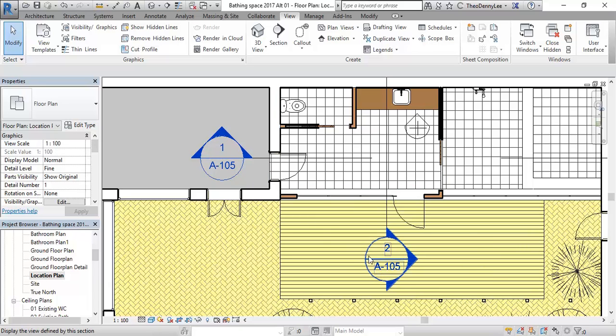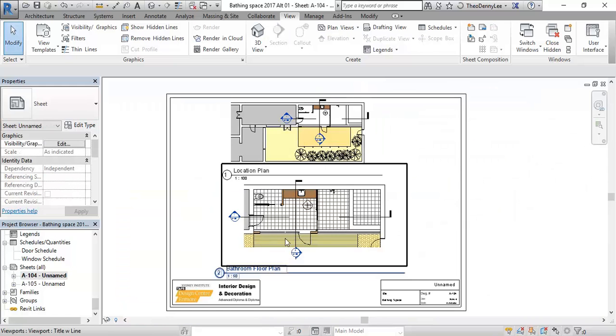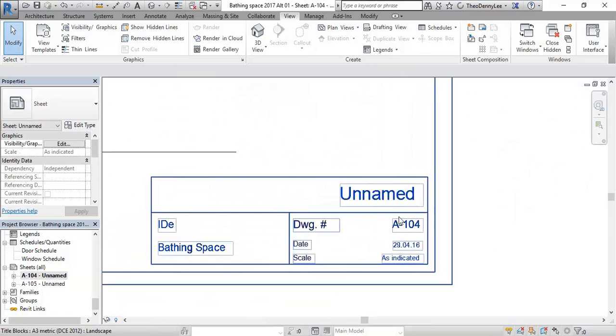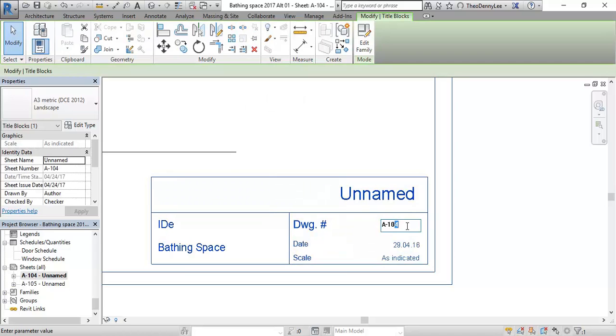So how do I change the numbers now if I want to change these? You'd think so, but it still won't let you. What you can do though is go and change the sheets. Look at my sheets, they're A104 and A105. If I go to the first sheet, and this sheet probably should be A100 if it's the first sheet, or A101. So I've changed it there in the title block,